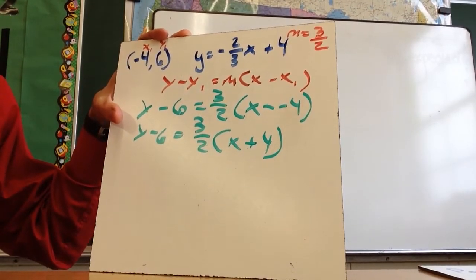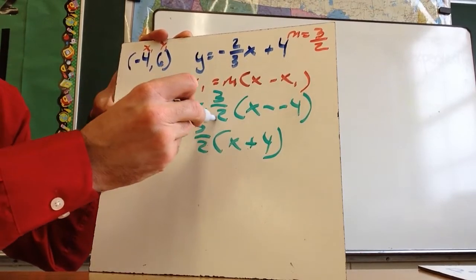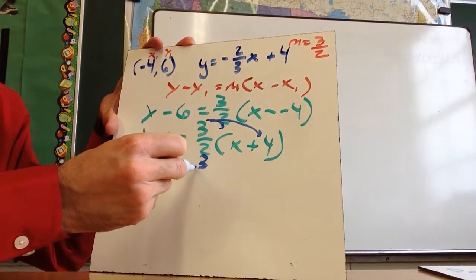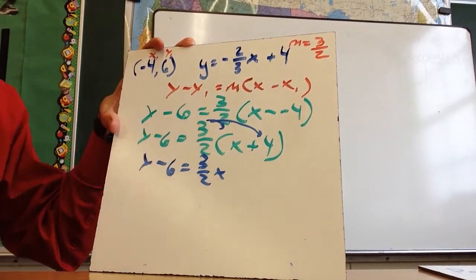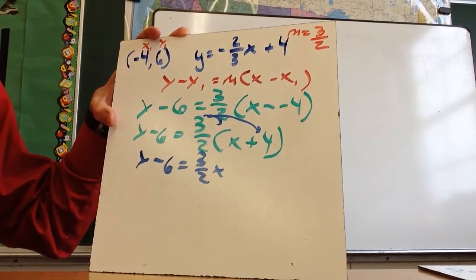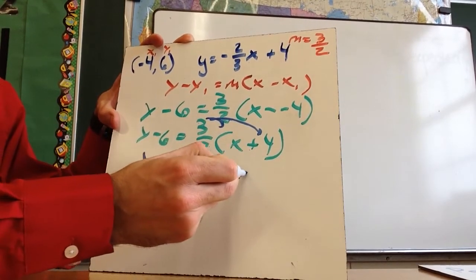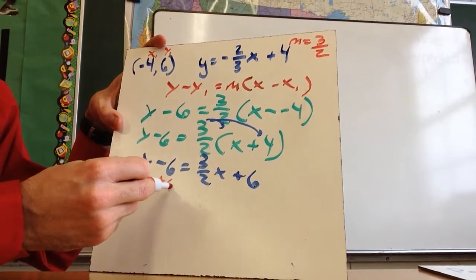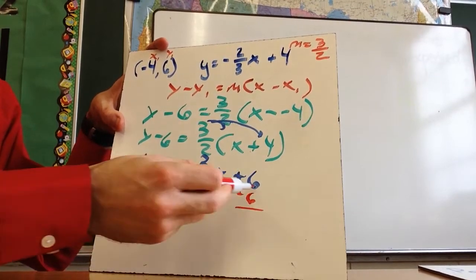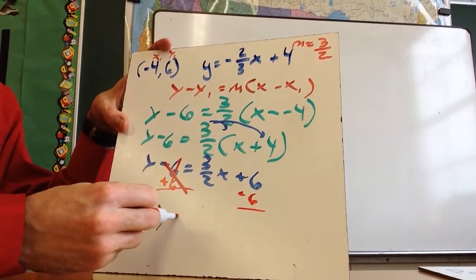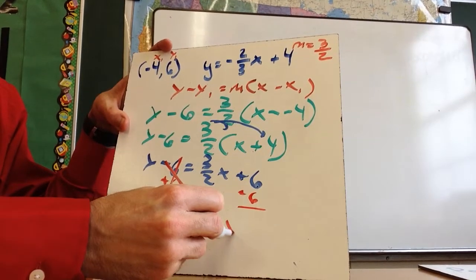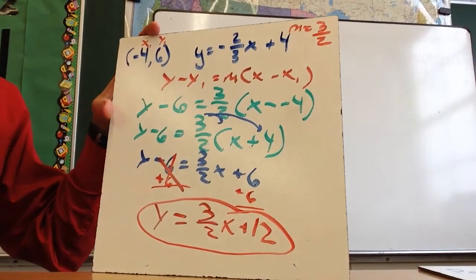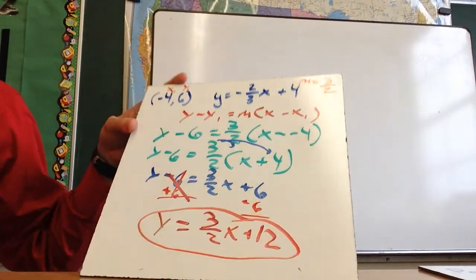All right, the next step, if you remember from before when we were doing this, I need to distribute. So this 3/2 goes over there. So I'm going y minus 6 equals 3/2 x. Now 3/2 times 4, or 4/1, this is the same as 12/2, which is the same as positive 6. Okay, and then my final step is going to be to add 6 to both sides. Keep in mind I have to add 6 to the constant over there, so this means y equals 3/2 x plus 12. So that's the equation of the line that is perpendicular, let's get the problem back up here,